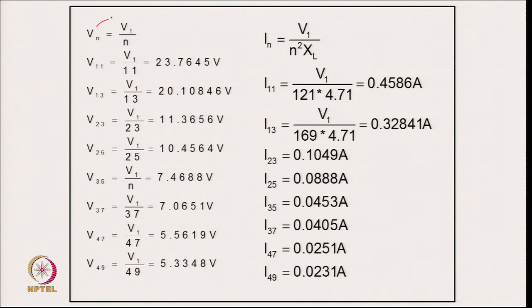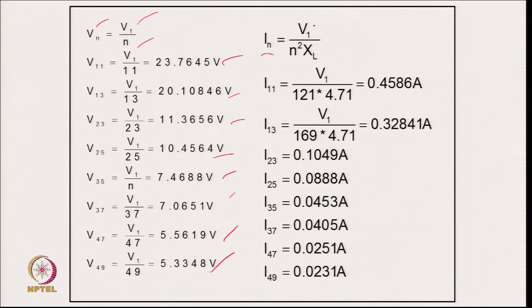12 pulse converter. So, we will get voltage harmonics, fundamental divided by order of harmonics. So, with this relation we will get 11th, 13th, 23rd, because this is a 12 pulse converter. So, you will have 12n plus minus 1 harmonics in the voltage at the input when you are connecting, the others will cancel out. So, you will have all voltage harmonics, dominant harmonics up to 49, and then the current harmonics will be corresponding